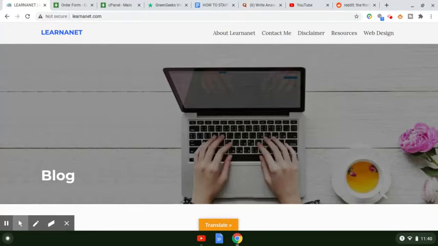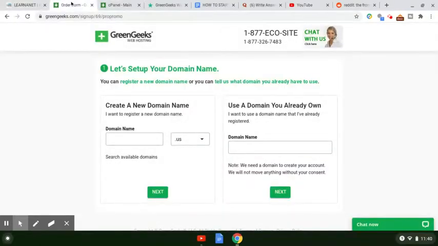They help your sites rank a lot higher in the search engines itself. So think about that when you are considering the domain name that you're going to use, okay? So the cool thing is, guys, if you're using the links below, GreenGeeks is going to give you a free